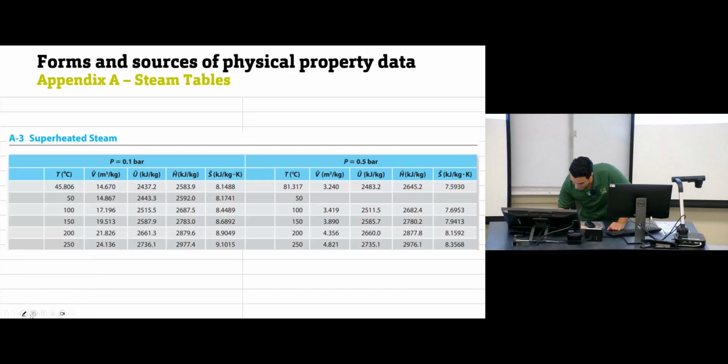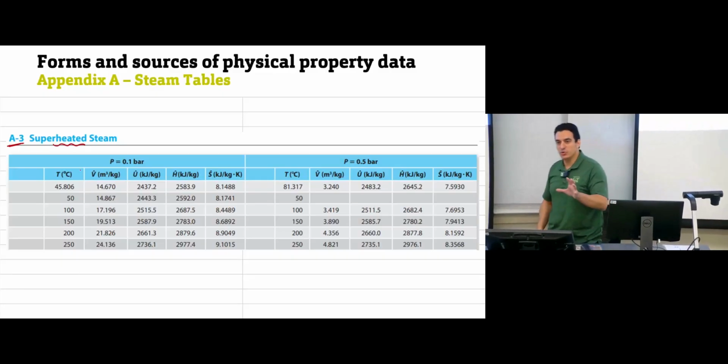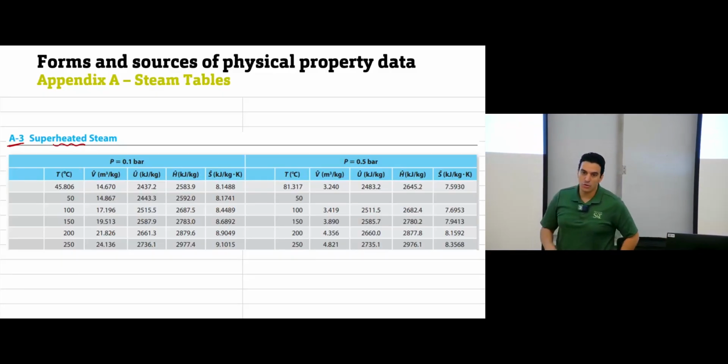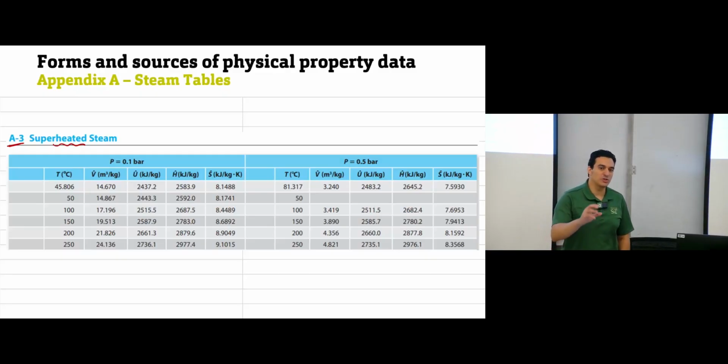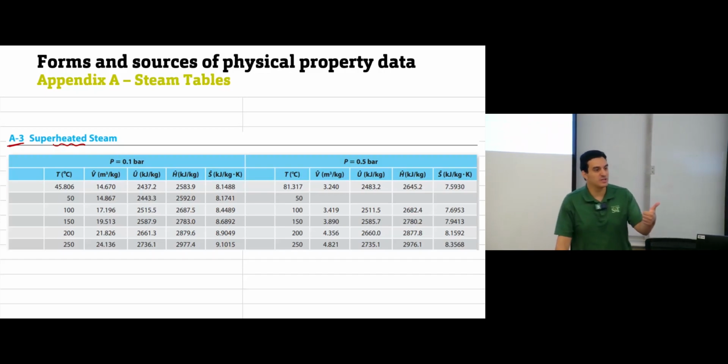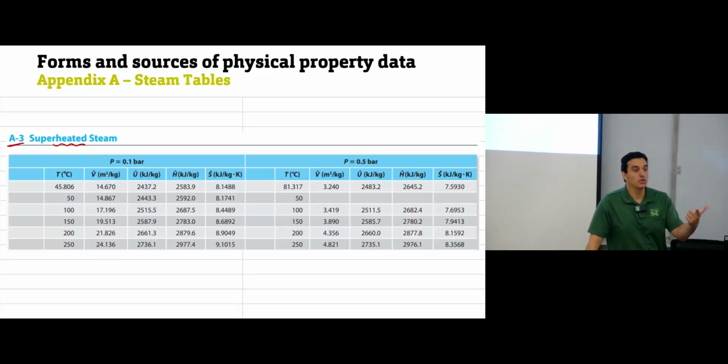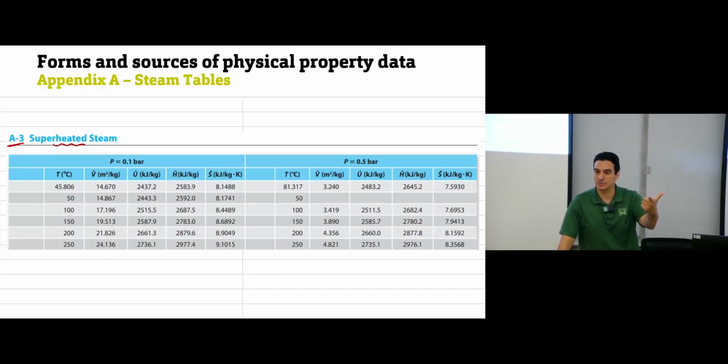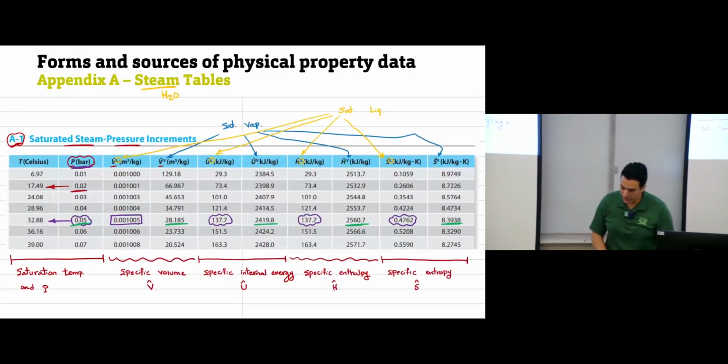The third table we have is A3, and this one is for superheated steam. Usually, if you have saturated liquid or saturated vapor, you need to know the temperature or the pressure of it. Just one piece of information is enough, temperature or pressure. But if you have superheated steam or compressed liquid, you must know the values of both temperature and pressure. Okay? Because if we go back to this,